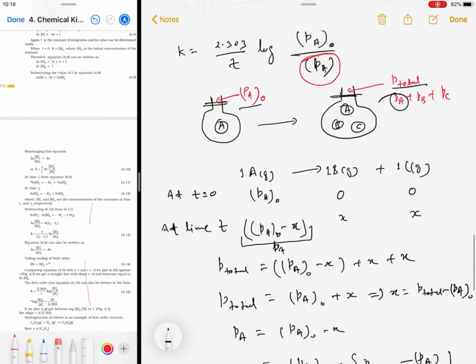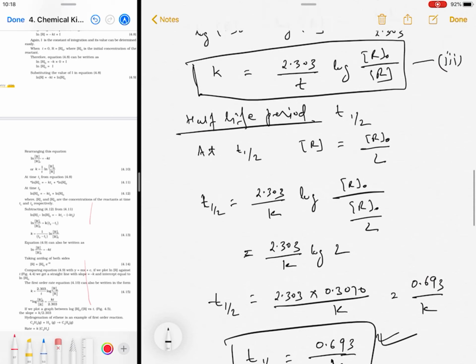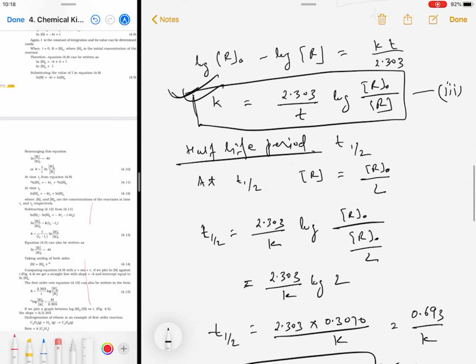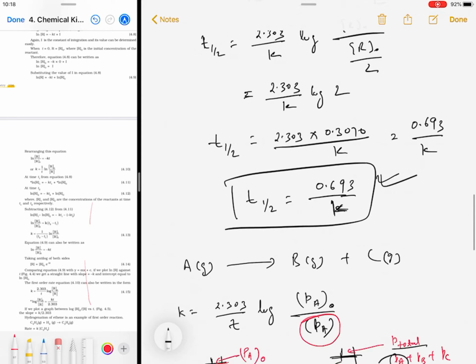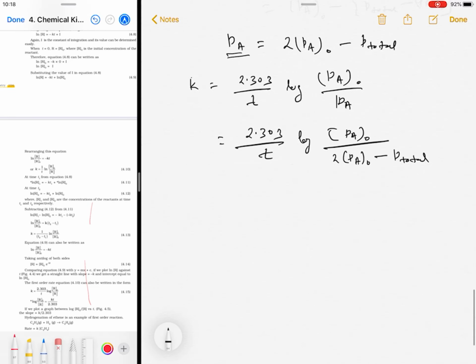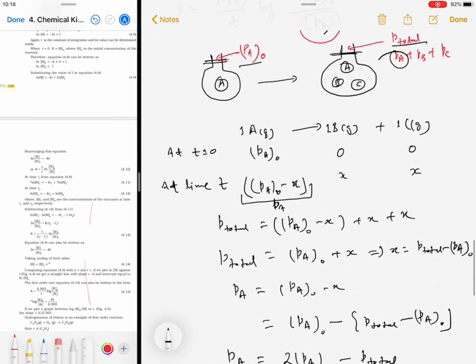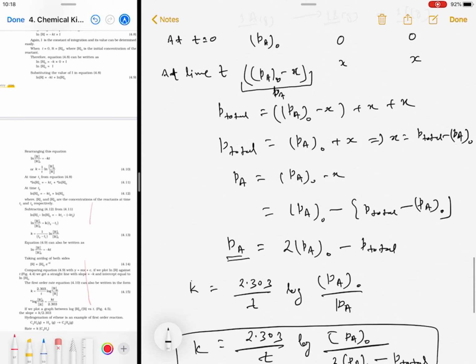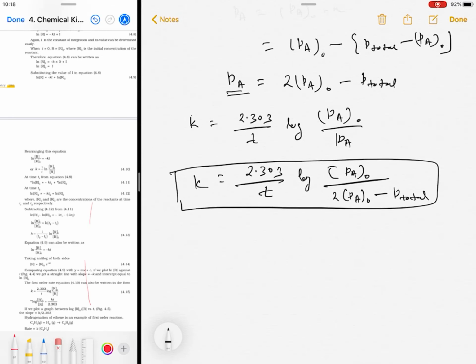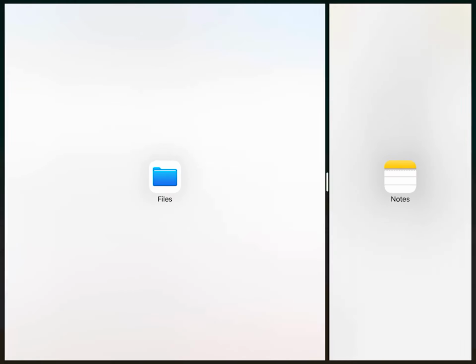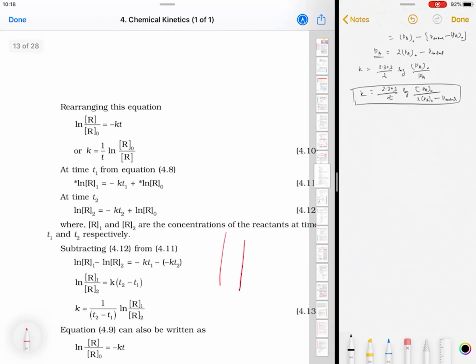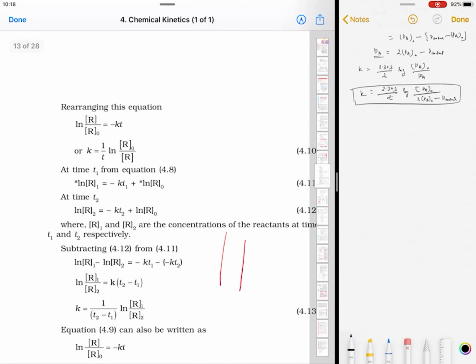Now for solution phase, we can remember this equation and use it as it is for every reaction. But in gaseous phase, we have to derive this equation every time the stoichiometry changes. Here in this case, the stoichiometry was 1:1:1. One molecule, one molecule, one molecule. So the equation is in this form. But if the stoichiometry changes, this equation will change. Here we have an example. We can show it.